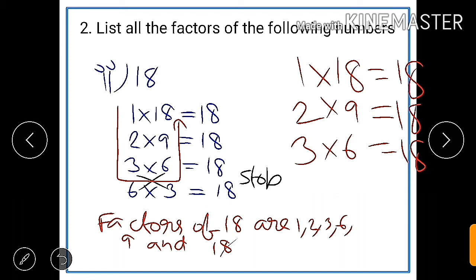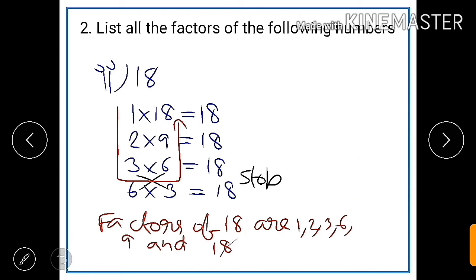As we know that 18 is not exactly divisible by 4, because if we divide 18 by 4, then we will get 4 4s are 16 and our remainder will be 2. So as we are finding a remainder, that is 2, which is not equal to 0, therefore it is not exactly divisible by 4. Now we will check for 5. We know that 18 is not divisible by 5, so we will check for 6. We know 6 into 3 equals 18.